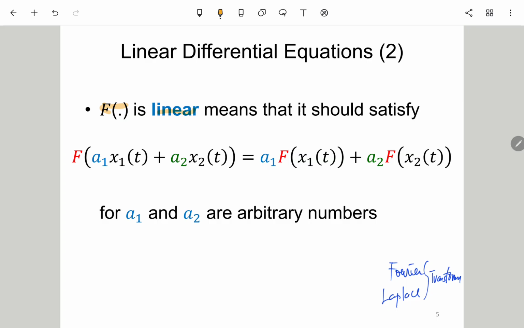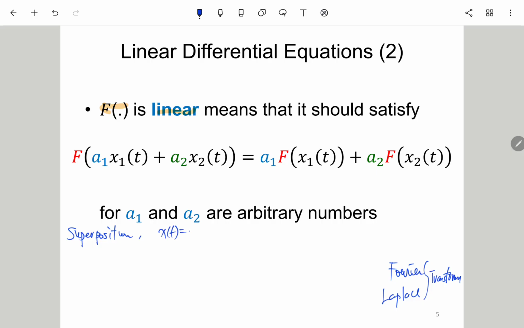Actually, this property includes two parts. The first part we call superposition. Superposition means that, suppose we have